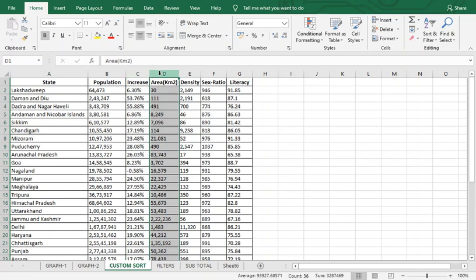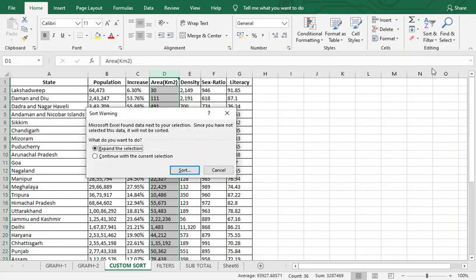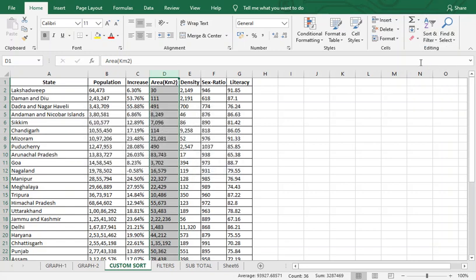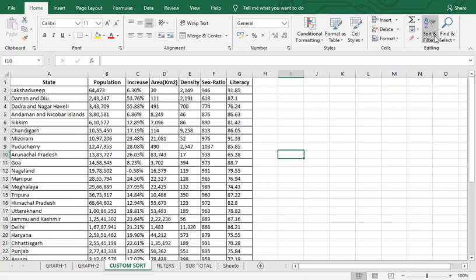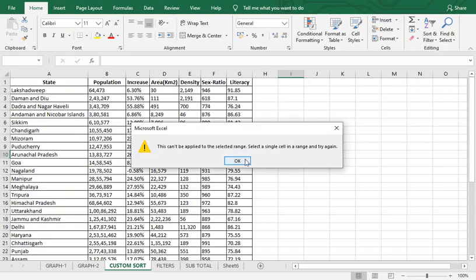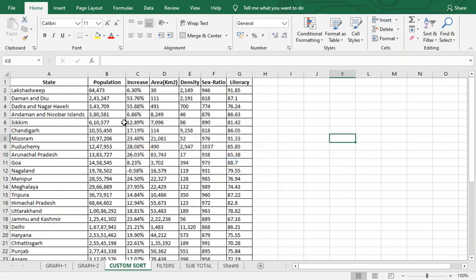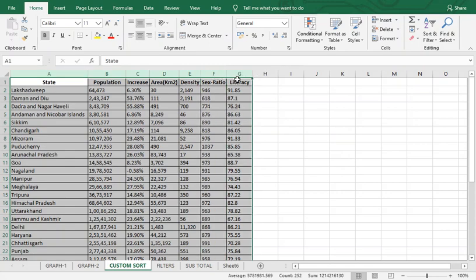Let's try to sort using area. To apply the custom sort again, you need to once again select your table and go to custom sort.